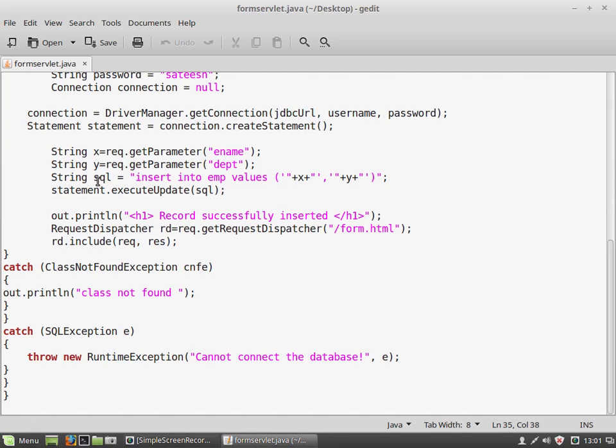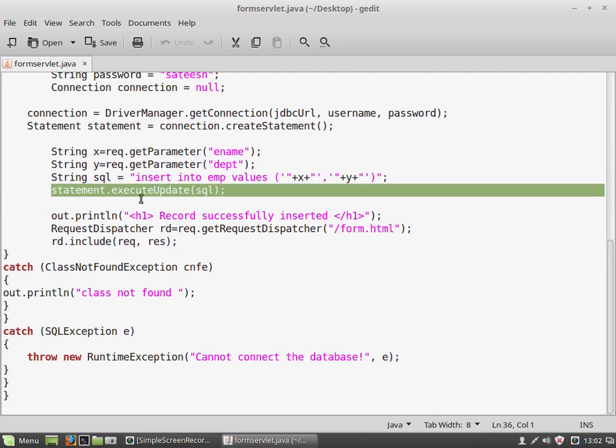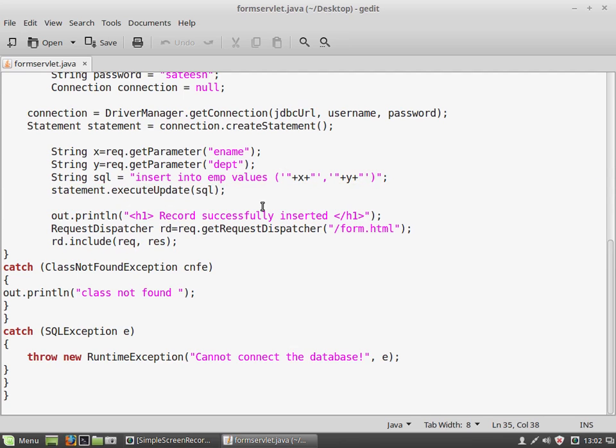And once after creating this SQL, this string SQL will be passed to a method called executeUpdate. We need to execute this SQL statement by calling the method executeUpdate. This is a method name, and we need to call this method using the statement instance. This statement we have created using the connection object already. So using this statement, we need to execute this method. If you have done everything correctly,